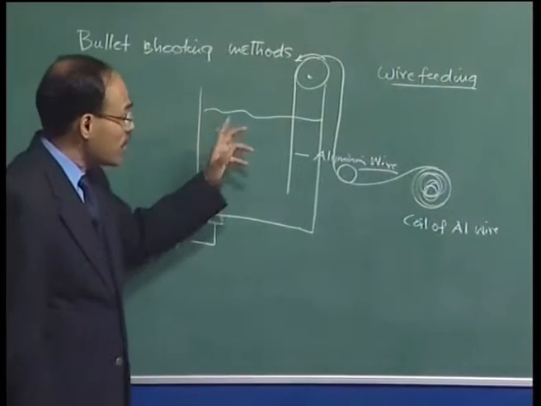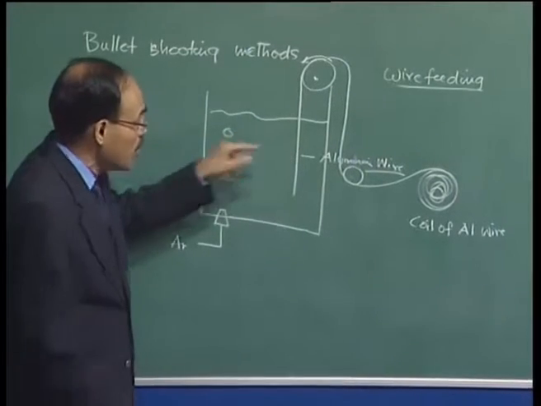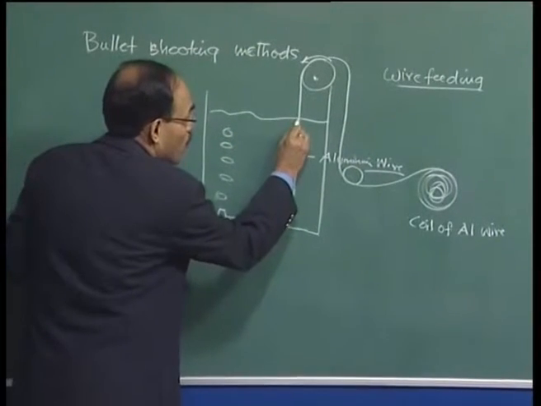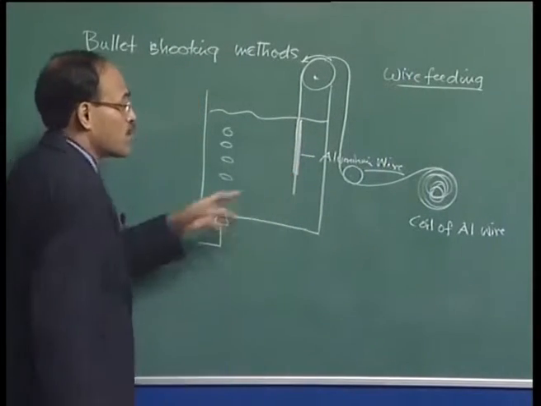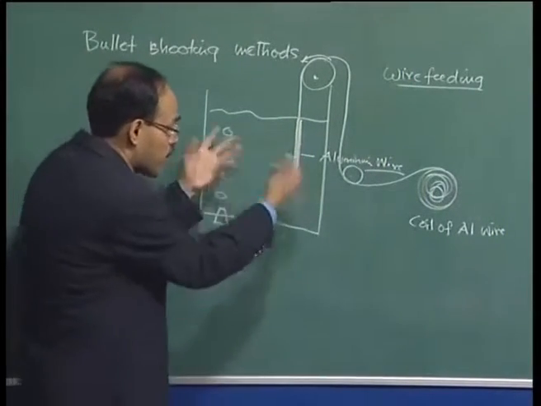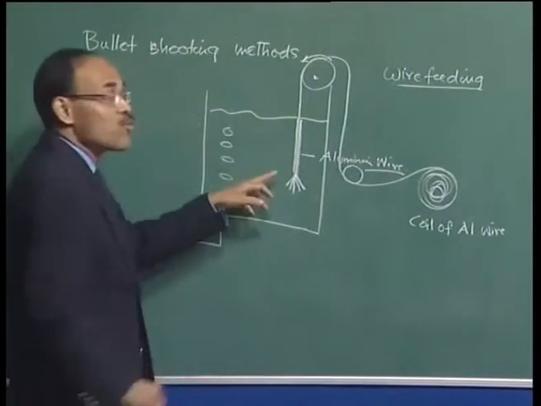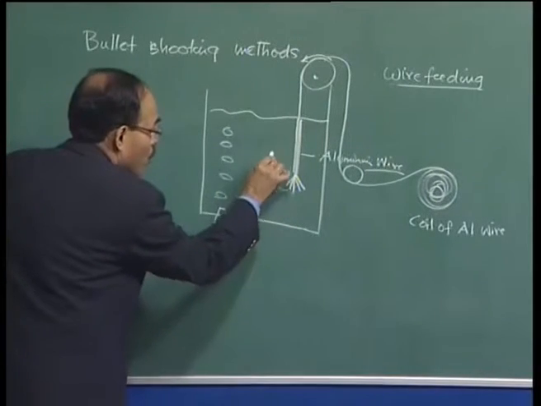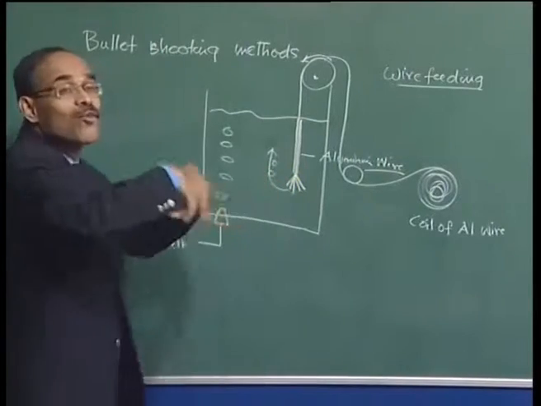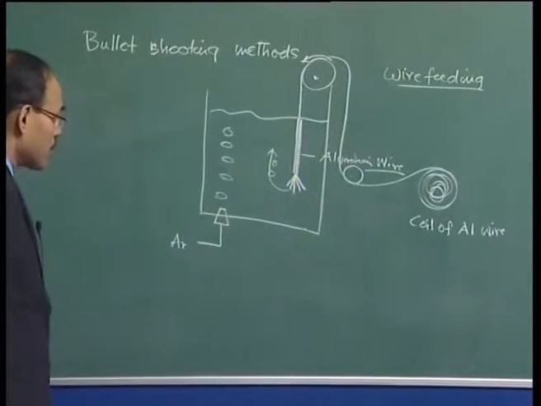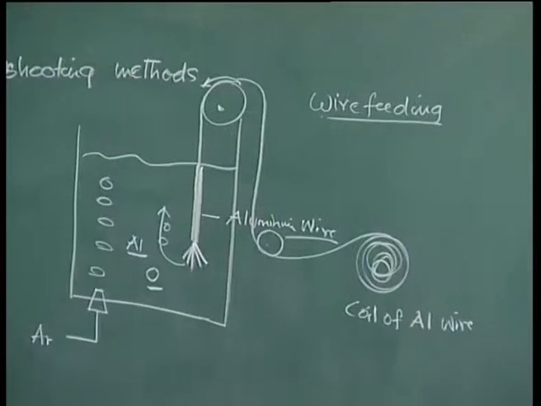Now, as I mentioned earlier, that is a solid object which is entering into the molten metal. So therefore, a solid crust is going to be formed around the wire as it enters. So this is a solidified crust, and then the crust melts back, and at this particular moment, maybe you can think that a jet of aluminum is going to be issued, and this jet of aluminum, because of its buoyancy, is going to rise up, and these droplets of aluminum are then going to dissolve into the bath, whereby they can react with dissolved oxygen producing alumina.